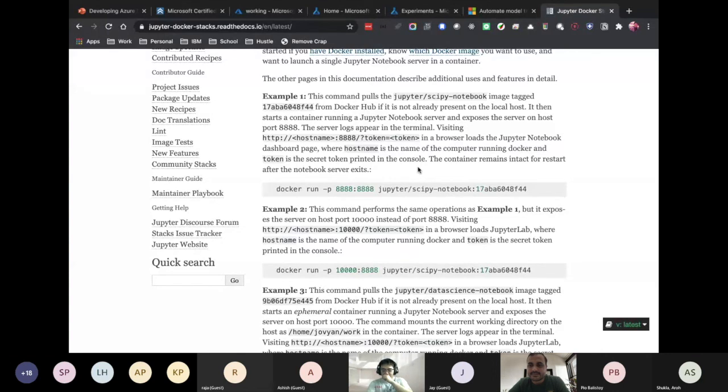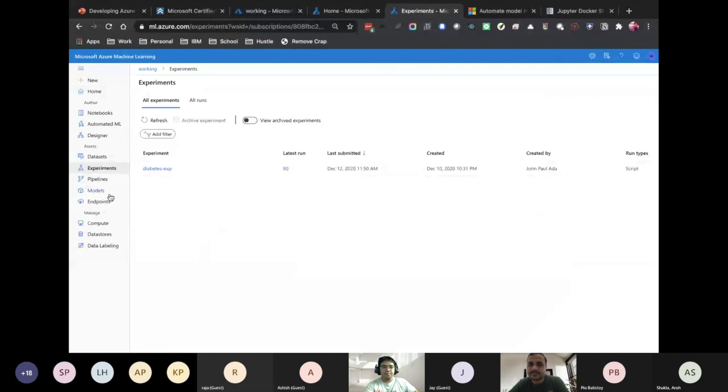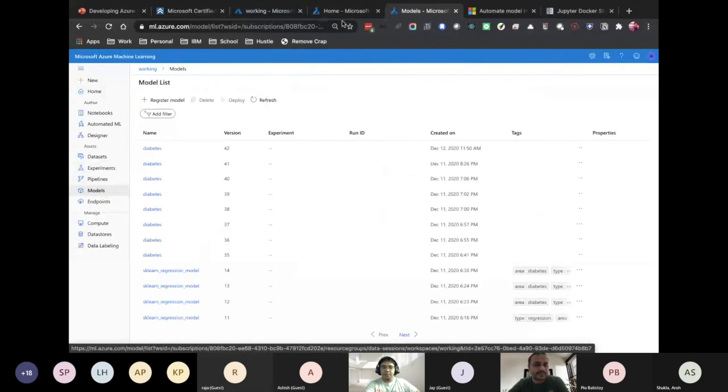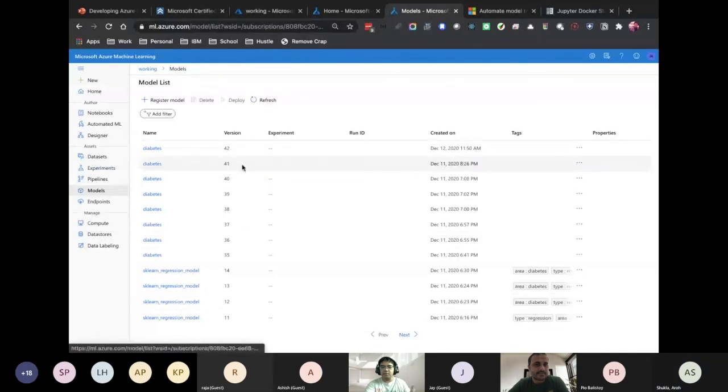And then what else? Technically, because you're getting these models down, right? If we take a look at this, you have models here. And if you have that run.download file, you can download the model yourself to your local.